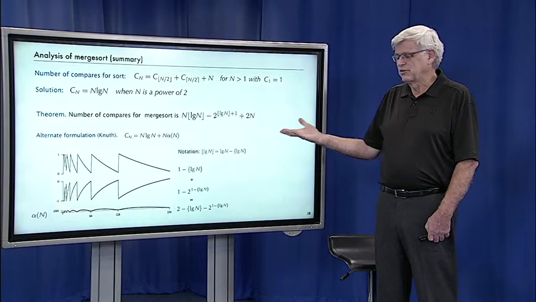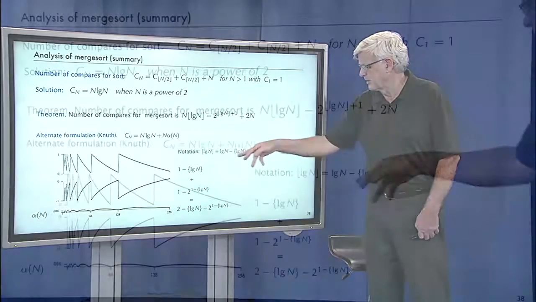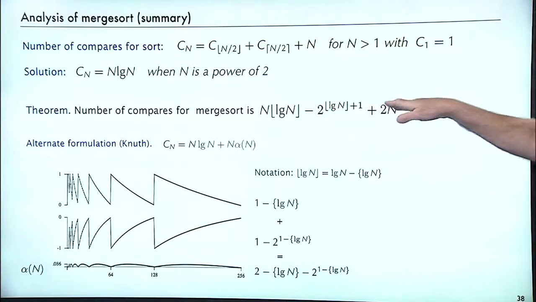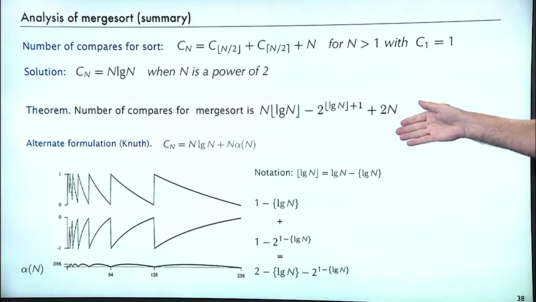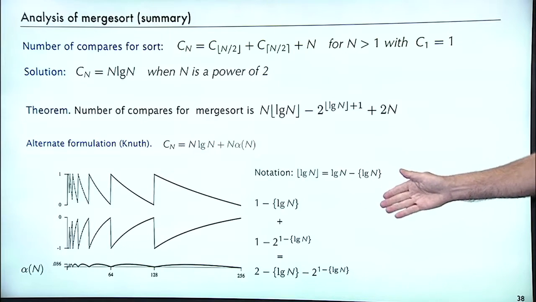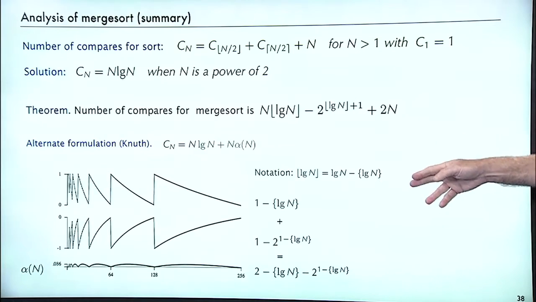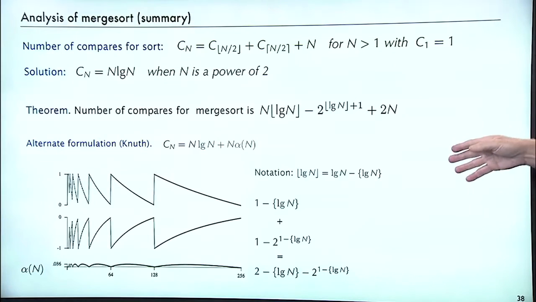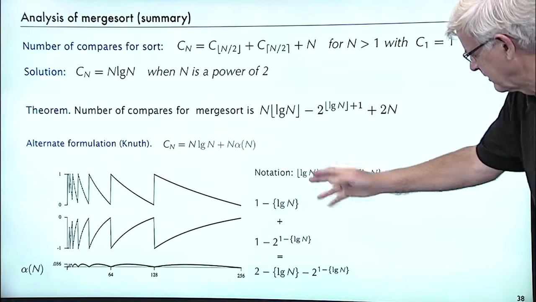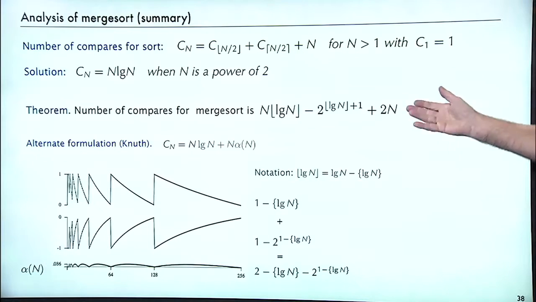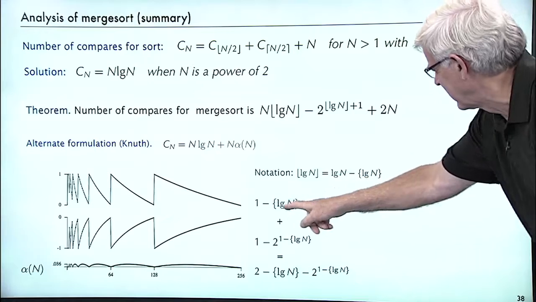If you substitute this formula into this solution for the number of compares by merge sort, you can split it off into 2 functions. And that's, again, just algebra. The coefficient of n is 1 minus